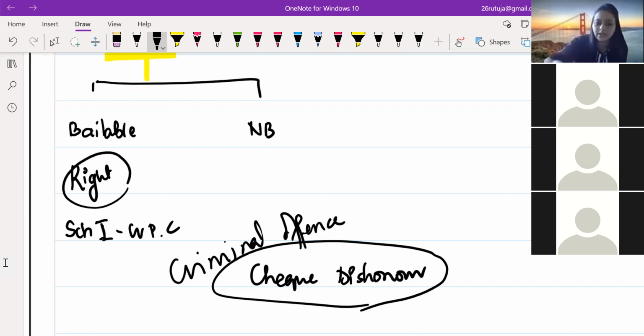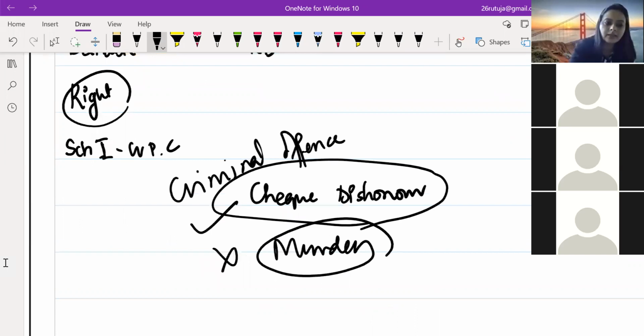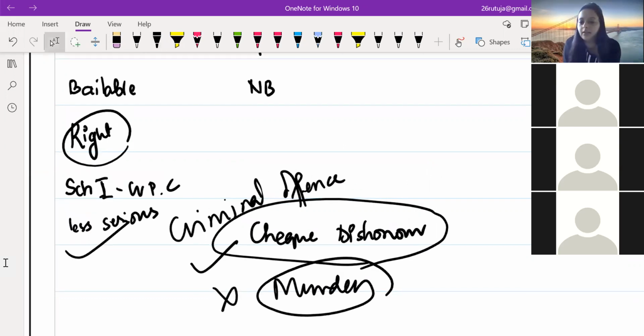So based on these two examples, you can come to a conclusion that इसमें बेल मिलती है, इसमें नहीं मिलती है. इसका मतलब जो थोड़े लेस सीरियस वाले ऑफेंसेस है ना, उसमें बेल मिल जाती है. As a right you get a bail in less serious offenses. ये सुनो, लॉजिक है या नहीं इसमें? अगर लेस सीरियस है तो फिर क्यों बेल नहीं देना चाहिए? But if it is a very serious offense तो फिर आपको कोई भी चांस में वो रिस्क नहीं लेंगे of leaving you on bail. Correct? So very much logical that less serious offenses में बेल ग्रांट होती है.